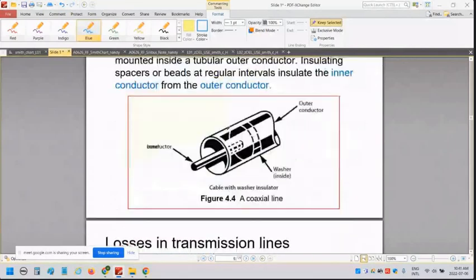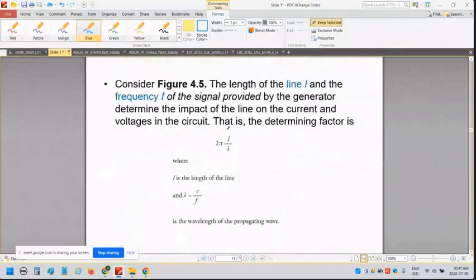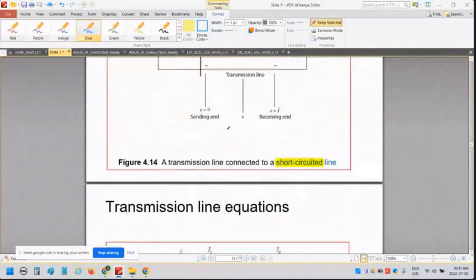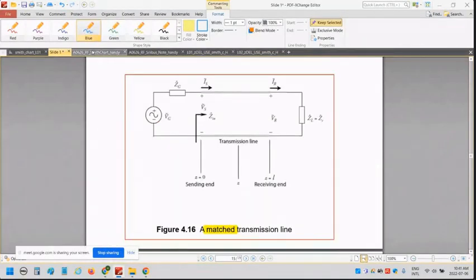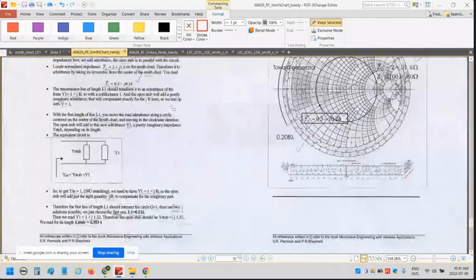And then the parallel plate, coaxial cable. Okay, and then I move on to the